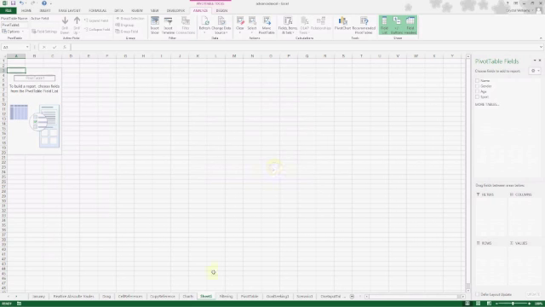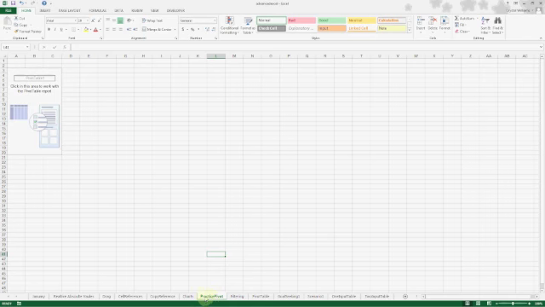At the very bottom you'll see it says Sheet 1. Well, this isn't very helpful to us, so I'm going to rename this by right-clicking over the Sheet tab, choosing Rename, and I'm going to give it the name of Practice Pivot. So now I'm working in the Practice Pivot